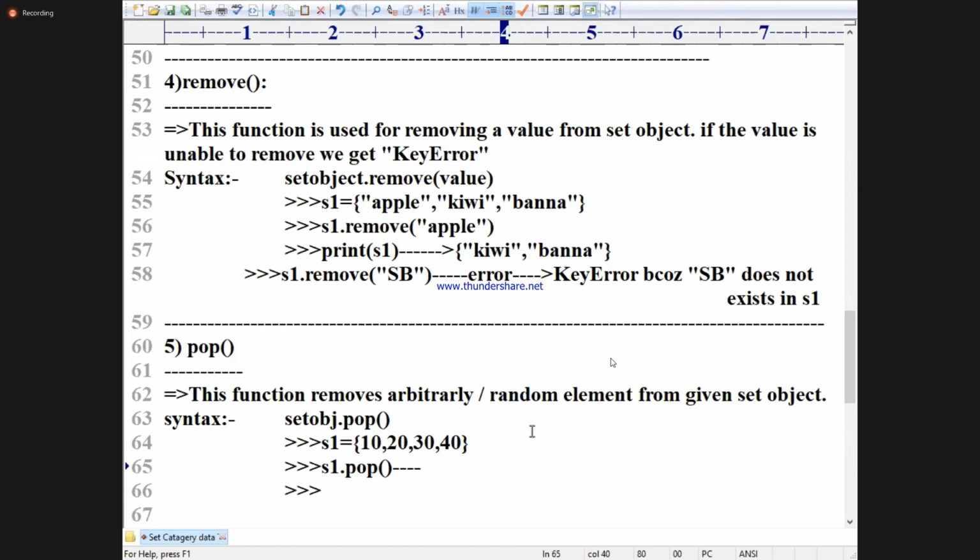That element I am taking as 20, for example. An arbitrary element is removed. Print of S1. It will print 10, 30, 40.